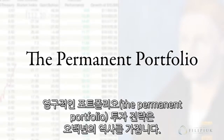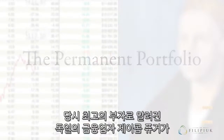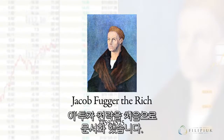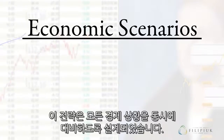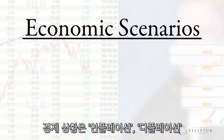The permanent portfolio is an investment strategy with over a 500-year history. Jacob Fugger, a German banker and reportedly the richest man in the world in his day, first documented this investment strategy. The strategy is straightforward and simple. It is designed to hedge all economic scenarios at the same time. These 4 scenarios are